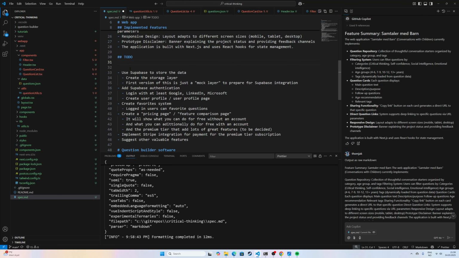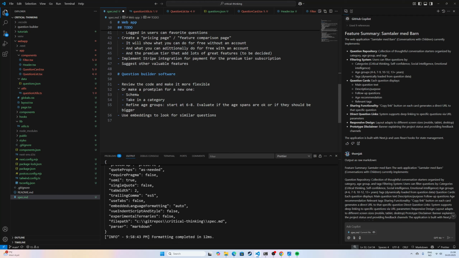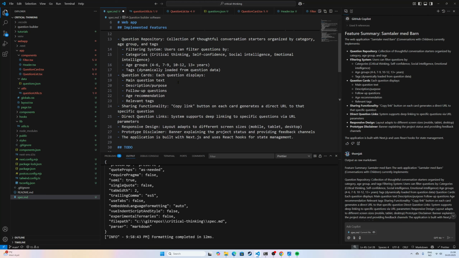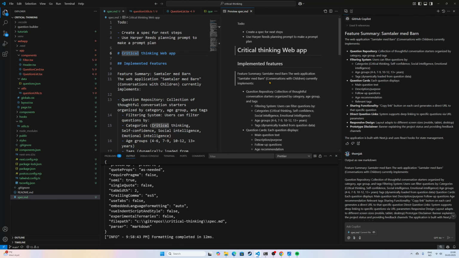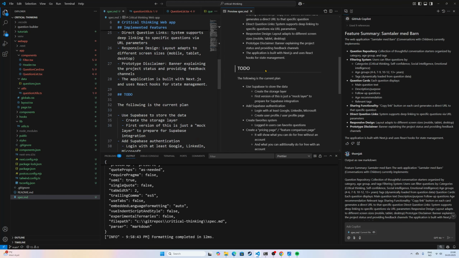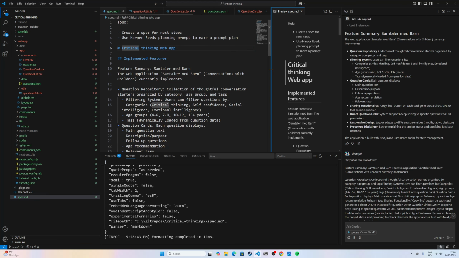This is going away. Okay. So this is our spec. Implemented features and to-do. So now we will go to